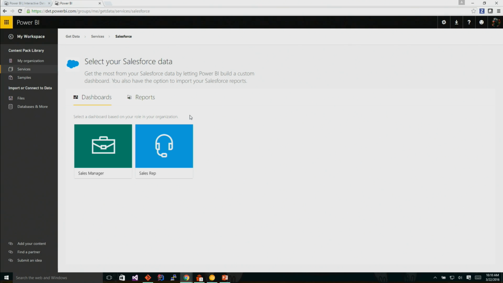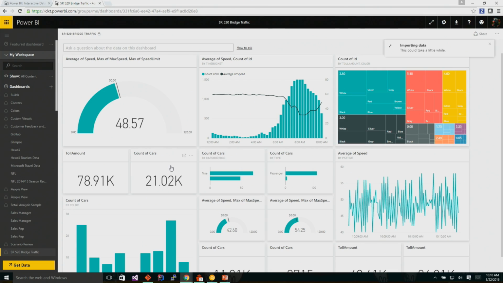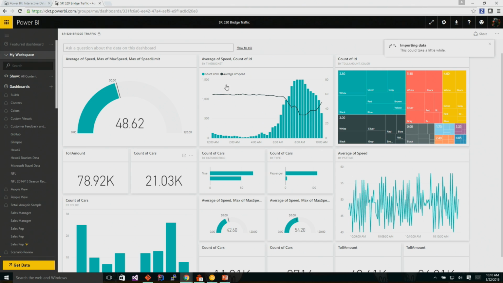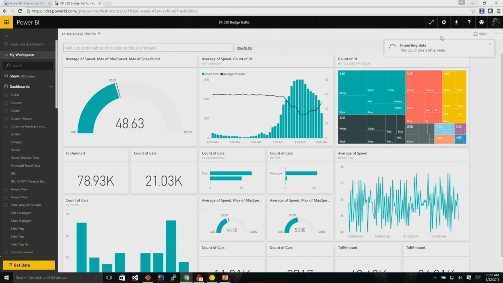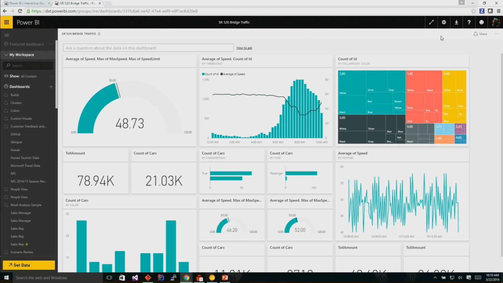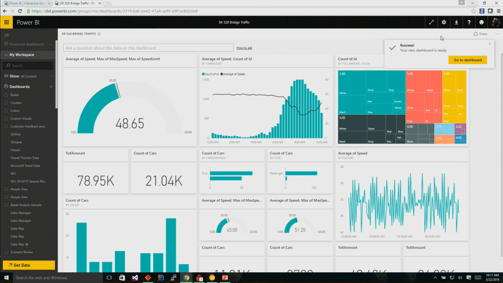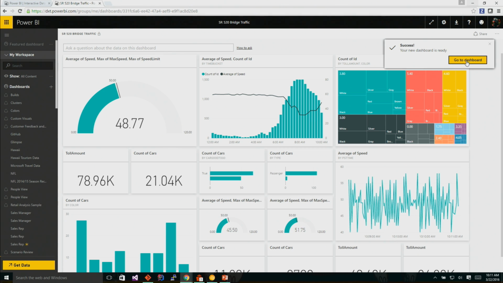All right? So if I'm a sales manager, I can click here, and I'll get a particularly tuned dashboard for sales manager. And if I'm a sales rep, I can click here. So let's go with sales rep. And in the background, what's happening here is we're actually calling out to Salesforce and pulling in that data and creating a set of dashboards and reports on the fly for me. Now, and you can see we're completed here. If I go to that dashboard,